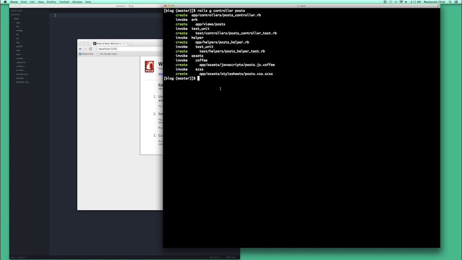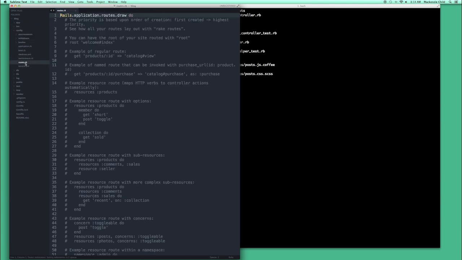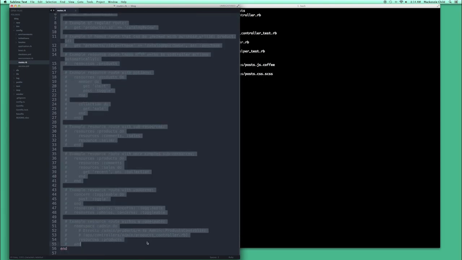All right, and then we need to create some routes. So back in Sublime Text, I'm going to go to config. Well, first, let's look at the controller we just created. So under app controllers, post controller, you can see the Rails generated a post controller for us, which is pretty awesome. All right, so back under config and routes, I'm just going to delete all of this stuff, and we're going to add